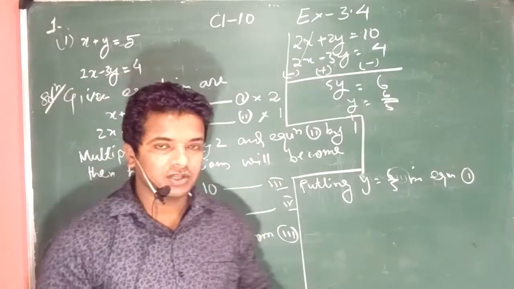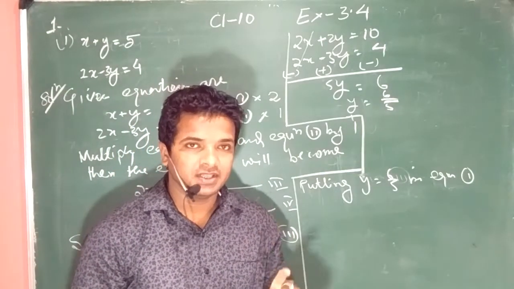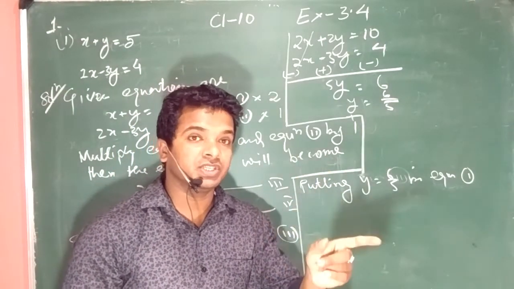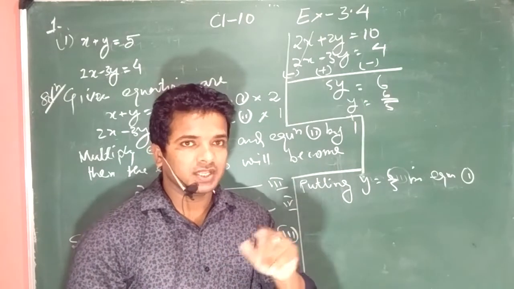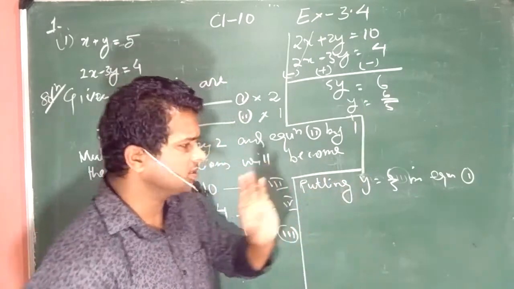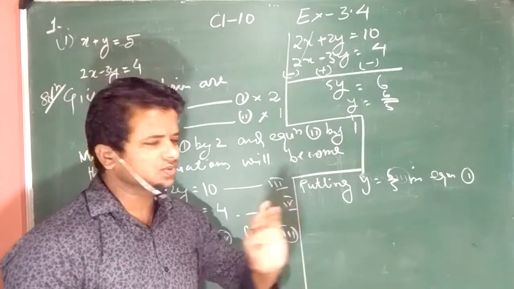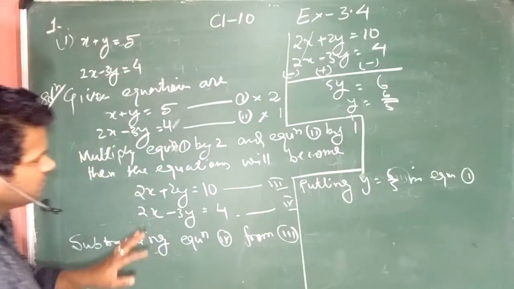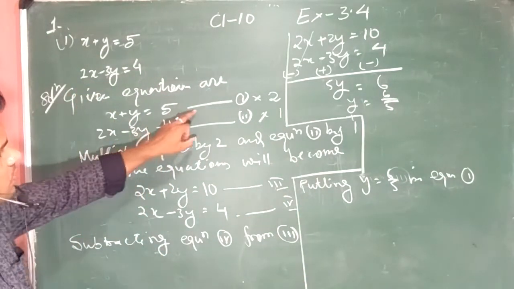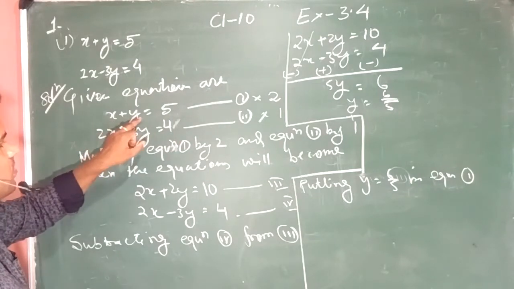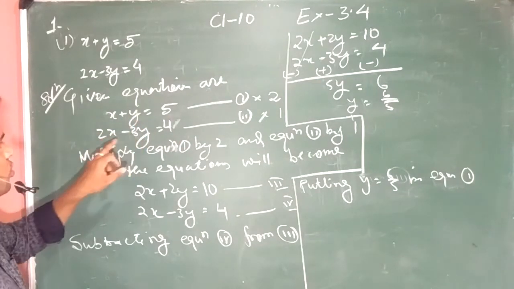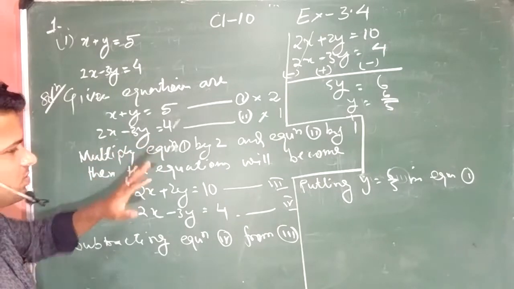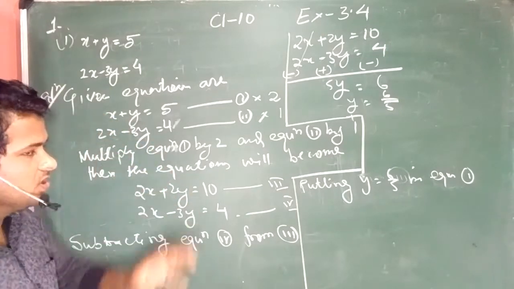Here there is no restriction, not like the substitution method, where you need to substitute the value of 3 in 2, like that; it is compulsory there. But here you can take equation 1, 2, or 3, whichever you think is convenient. I am taking equation 1 because we have only a few numbers here. If I take 2, there is multiplication and so many things. So it is better to take the smallest equation.